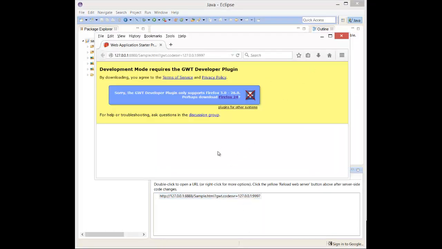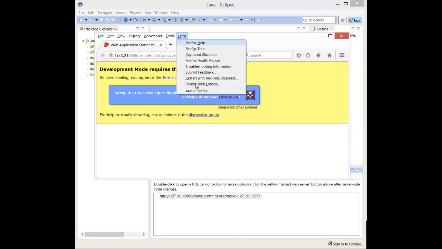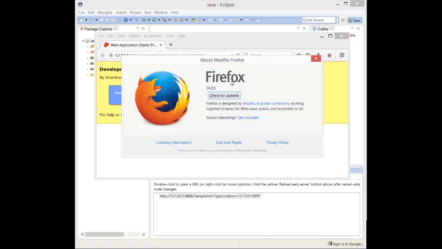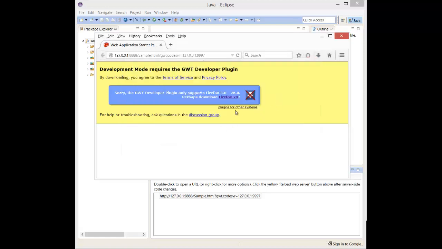But unfortunately, again, it's not going to work. Why is it saying that? Sorry, the developer plugin only supports Firefox 3.0 to 26. Perhaps you should download Firefox 24. It's giving you a clue. Rightfully so. If I bring up my About, it tells me what version of Firefox I have: Firefox version 34. Of course, it's not going to work. We have to